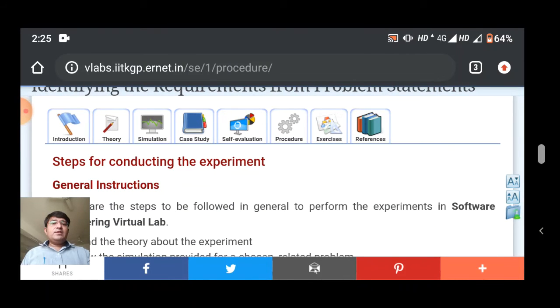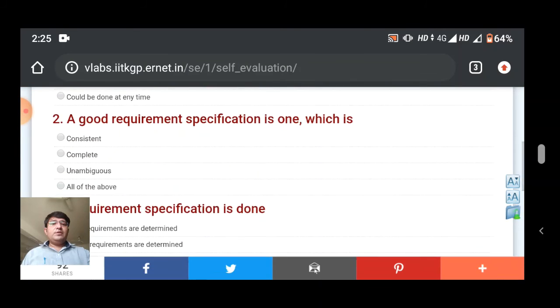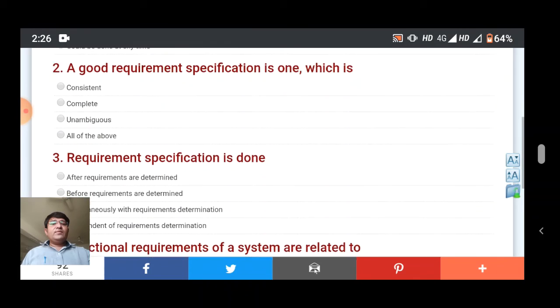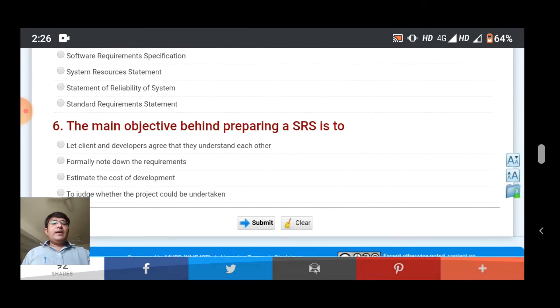In this self-evaluation, you can attempt MCQs related to requirement specification. For example, when is the feasibility study done? The number of options is given. You can select any one from the four options, and finally click on the submit button.